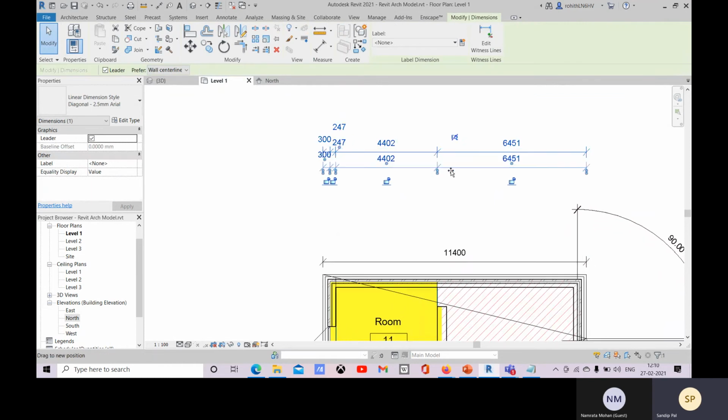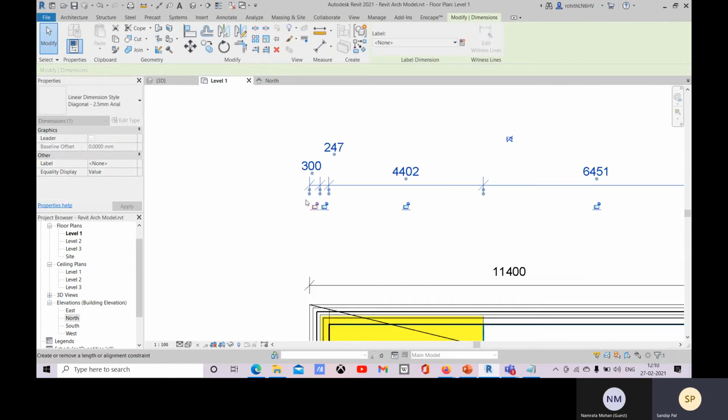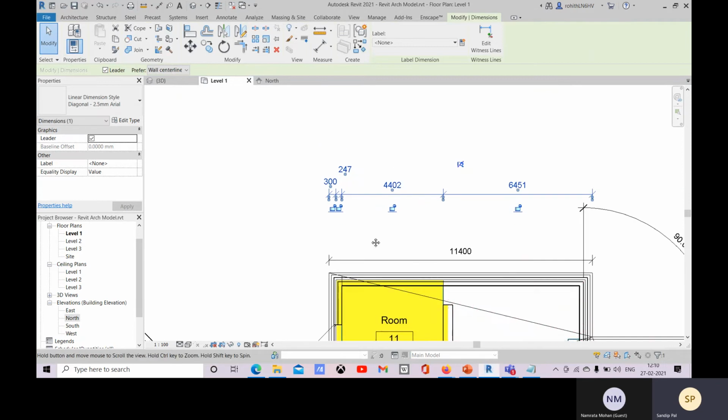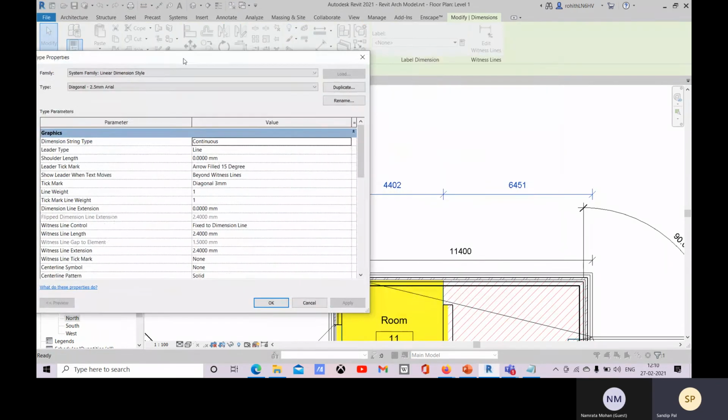Even after that you can change it, you can make the placement. If that is your requirement, and it is the witness line length, you can give it like 10 mm. Let's apply 10 mm, and there you see this witness line has this fixed length.